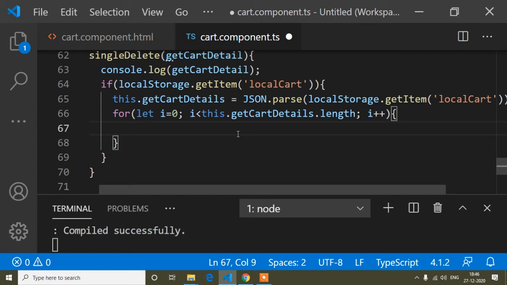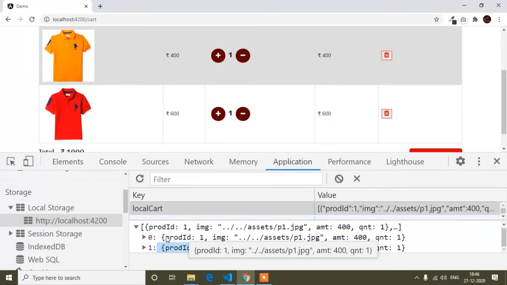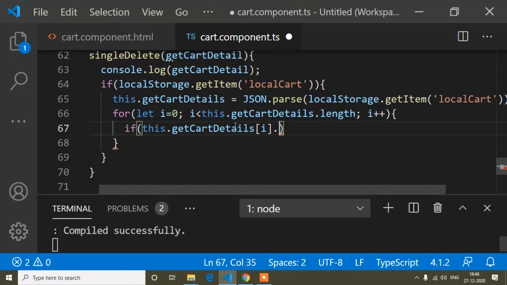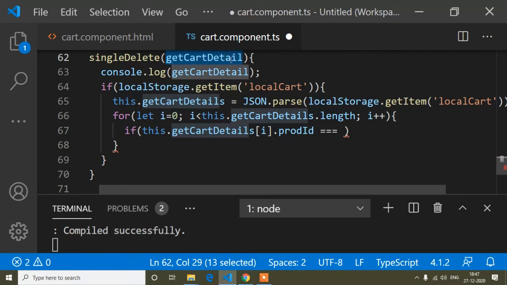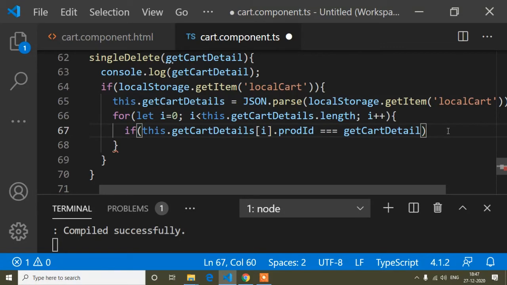And after that, now here I have to do one thing. If this.getCardDetails[i].productId, I mean the product id which I stored into the local storage, and when I'm clicking, in which product I'm clicking, if that product id is similar, then I will do one thing.